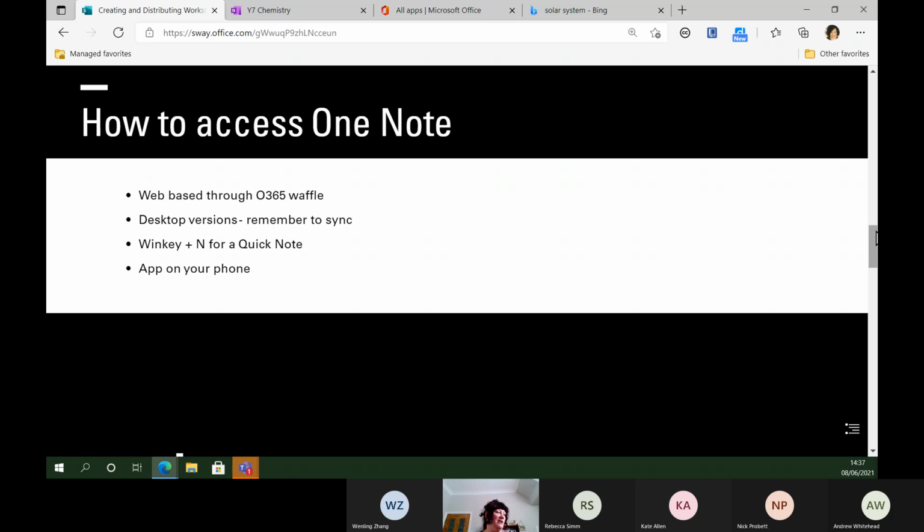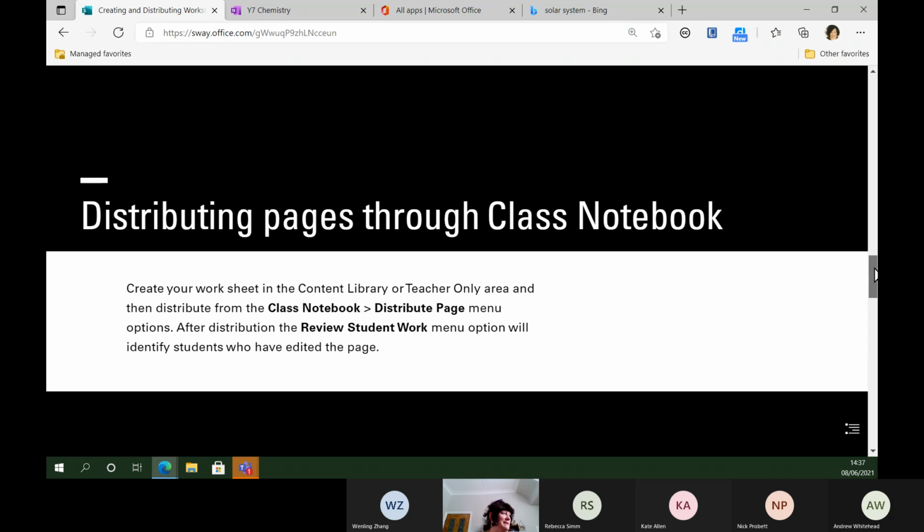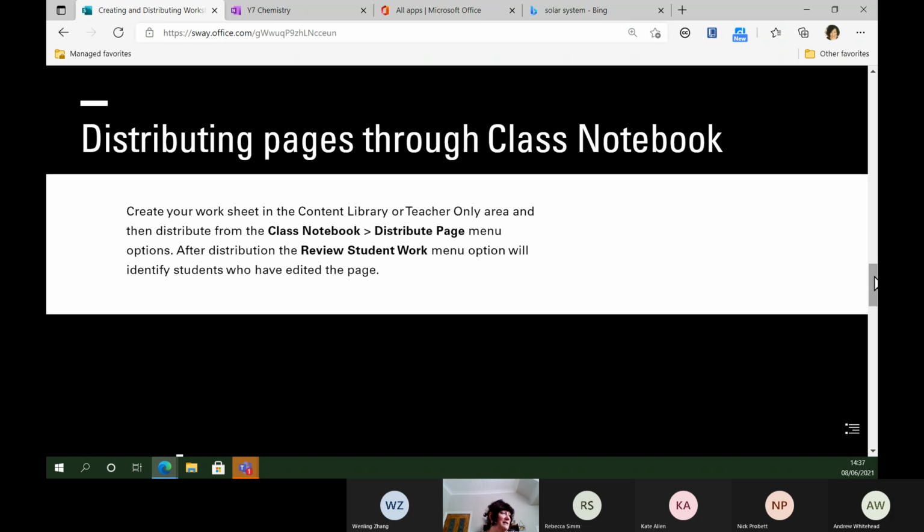So that's really good, and then you can incorporate it later. There is also the OneNote app on your phone which you can access Class Notebook from, so your students could use that if they like to. Right, so I'm just going to demonstrate this now, stop waffling on, and the first thing I'm going to